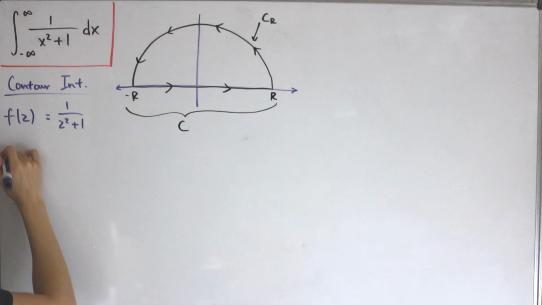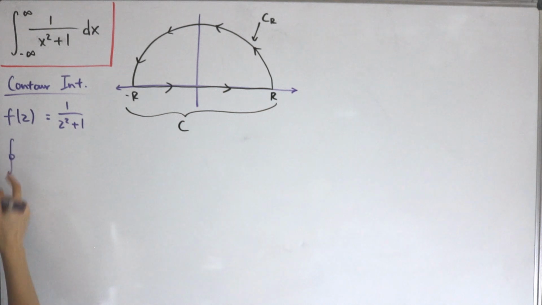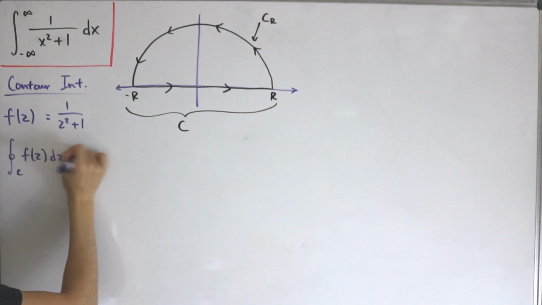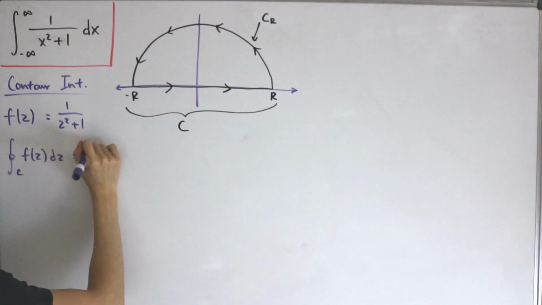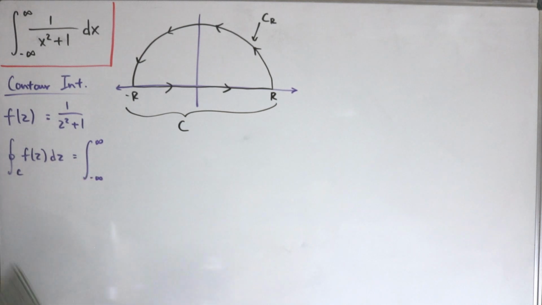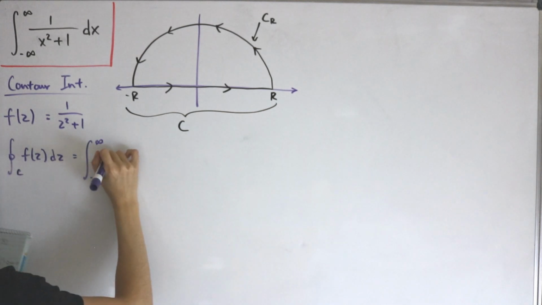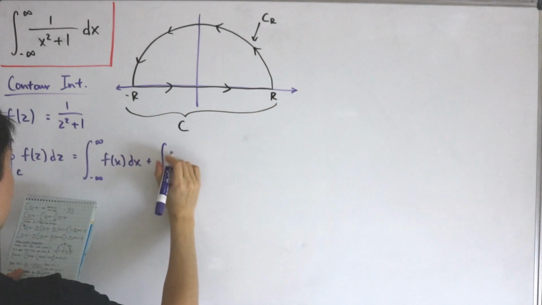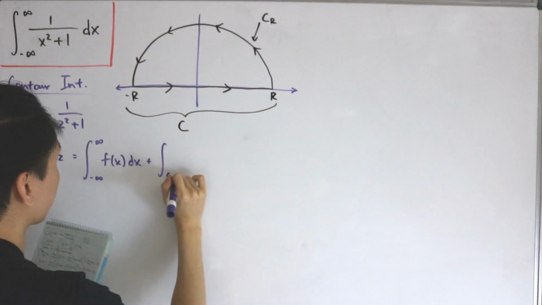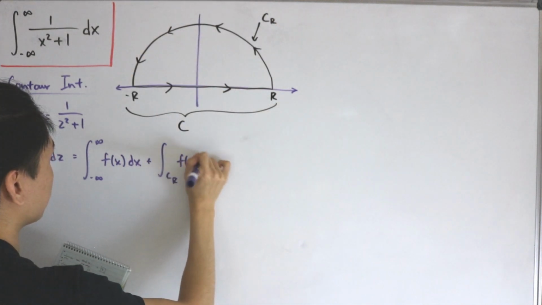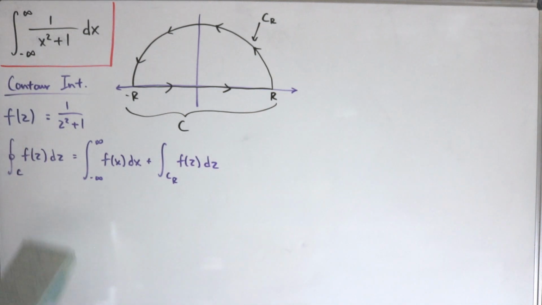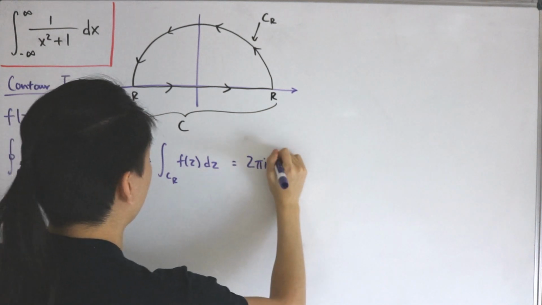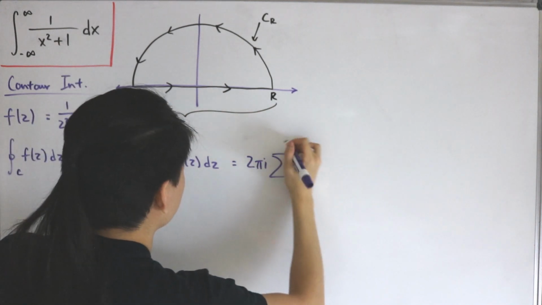So basically, the contour integral, with positive orientation, over our bounds C of f of z dz, we break up as the following. We have the integral from negative infinity to positive infinity, and of course you can write that in terms of a limit as well if you want to, of f of x dx, and then add this with the contour integral over the semicircle arc, C sub R, of f of z dz. Okay, and then by the theorem, by definition, using residue theory, this is